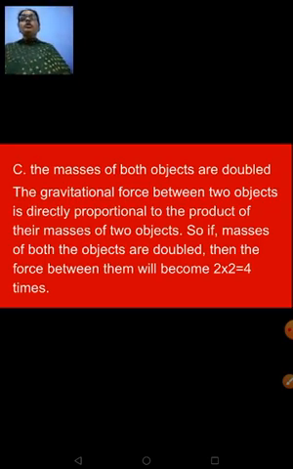Now, the next condition they are asking: the masses of both the objects are doubled. When you are doubling the mass of both the objects, obviously force is directly proportional to the product of their masses. So when you are making the mass of both the objects twice its original value, obviously the force will also become 4 times, because two objects are there, no? You are making the mass of every object twice. There are two objects, so 2 twos are 4, so it will become 4 times. In the earlier part, what will happen to the force when the mass of one object is doubled? Force will also be doubled. When both the objects are getting doubled, it is twice the force, no? So it will become 4 times.